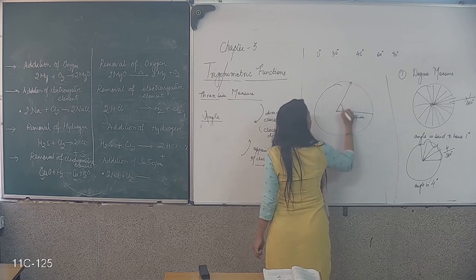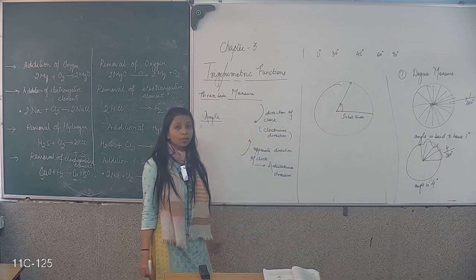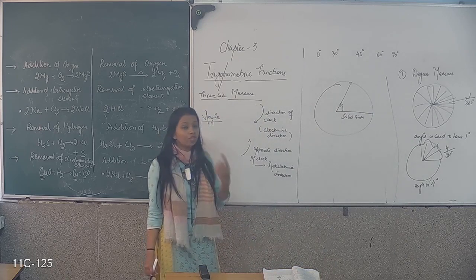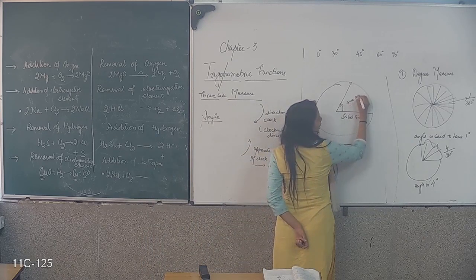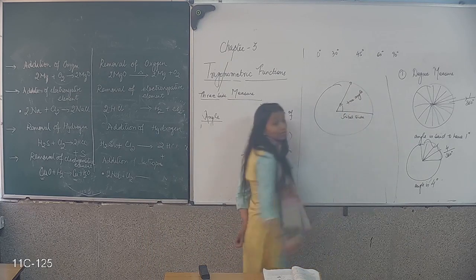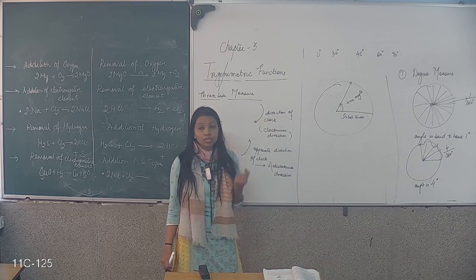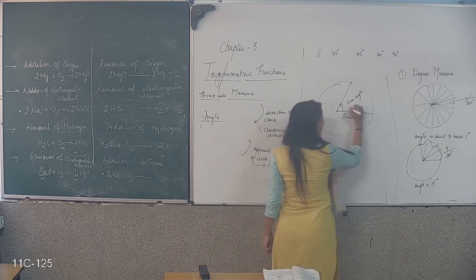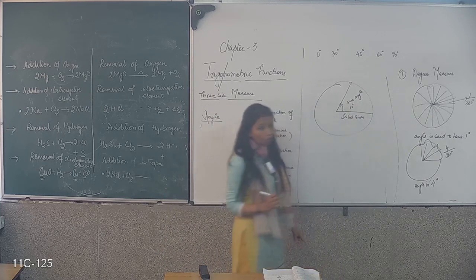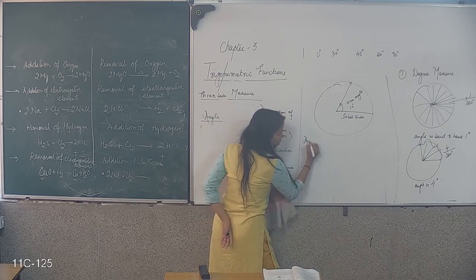I am moving in this, the anti-clockwise direction. So in trigonometry, we take the anti-clockwise direction to be a positive angle. Maybe it's taking the 10th part of the entire circle, so we say it is 10 degree. So when we are moving in anti-clockwise direction,